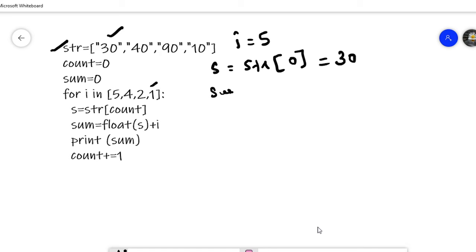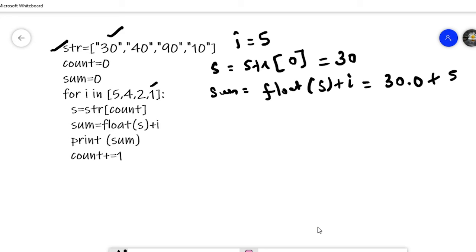Then sum equal to float of s plus i. Here we are doing the typecasting. So this is 30, and we are converting this into a floating point value, which means it is 30.0, plus the value of i, which is 5.